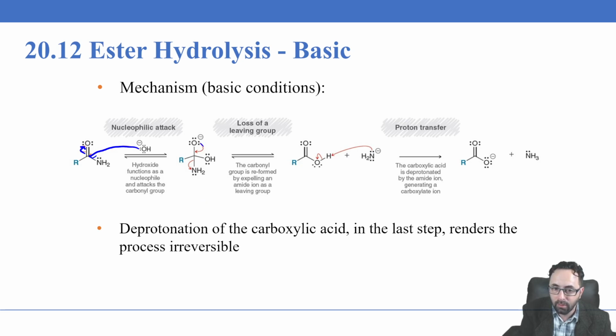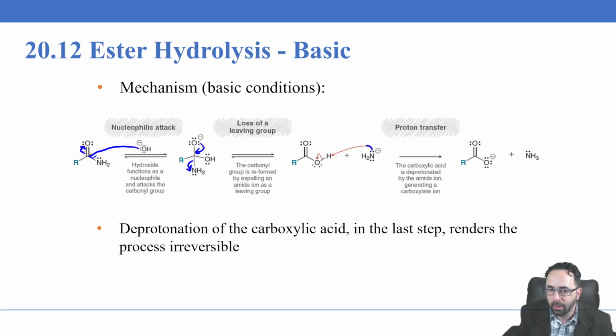Here it's going to leave as an amide ion, hugely basic. So you might think this is not stabilizing the negative charge very well at all. Well, that's true, but it's going to get immediately protonated by the carboxylic acid that forms, because now we have